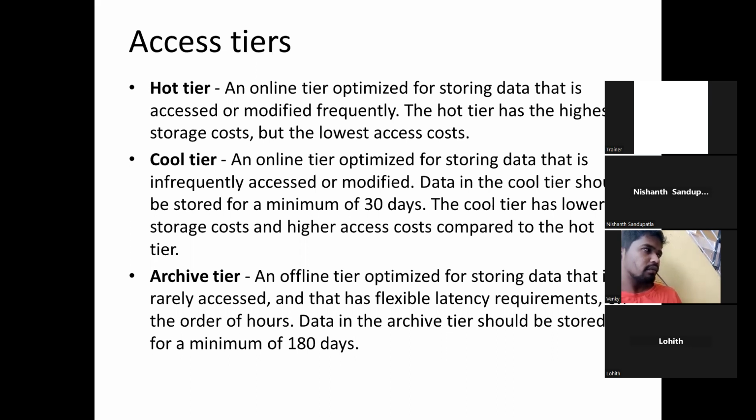Hot tier is optimized for storing data that is accessed and modified very frequently. That means the latest data is in my hot tier, and as time passes, we can move the data to cool tier. Cool tier is basically data older than 30 days. The default is 30, but according to your needs and your organization's needs, you can optimize these tiers. For example, if I wanted to make 30 into 90 or 120, you can make it whatever the requirement is from the organization's perspective.